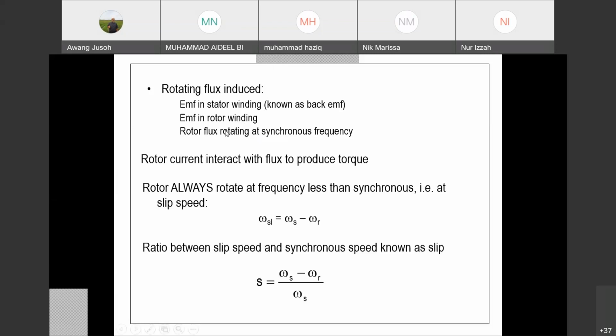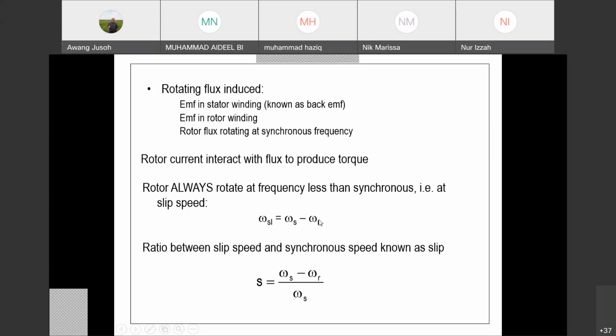Okay, so we know that the difference between synchronous speed and rotor speed, we call it the slip speed. Omega sl stands for slip speed. Slip speed means the difference between synchronous speed and rotor speed. So it is called the slip speed or slip frequency. Same thing, depending on what kind of symbol we use. And it must have a unit, because it is speed minus speed. It can be in radian per second or it can be RPM, depending on what kind of formula we use. If we use radian per second, then we get radian per second as the unit.